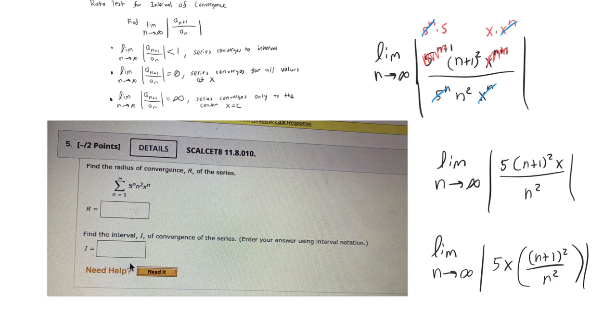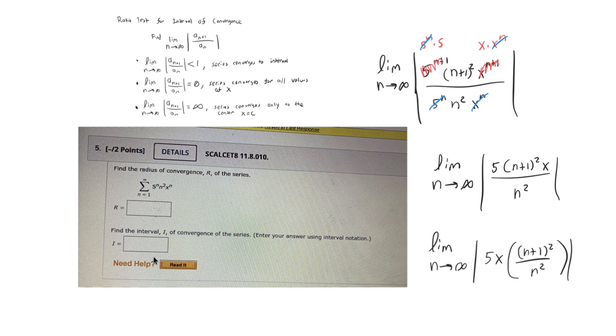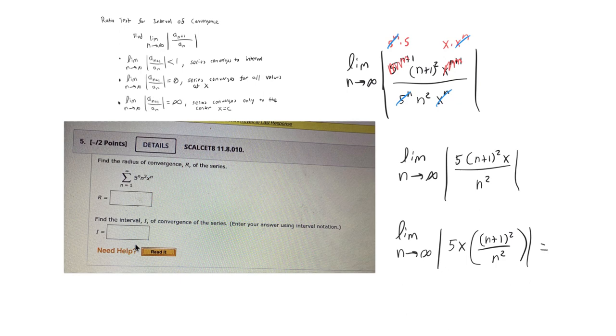So the degrees are the same, because if we were to FOIL that, we would have an n squared as the leading term. So whenever the power is the same in that regard, this would just be 1. So at the end of the day, this is going to be 5x times 1,